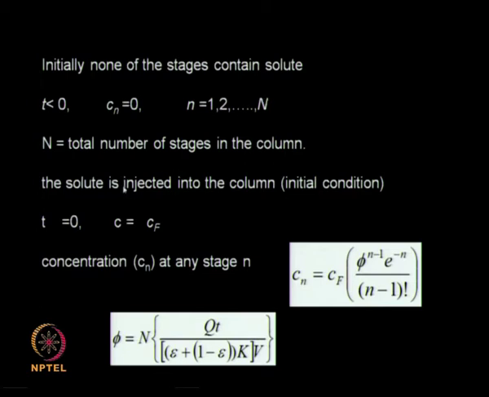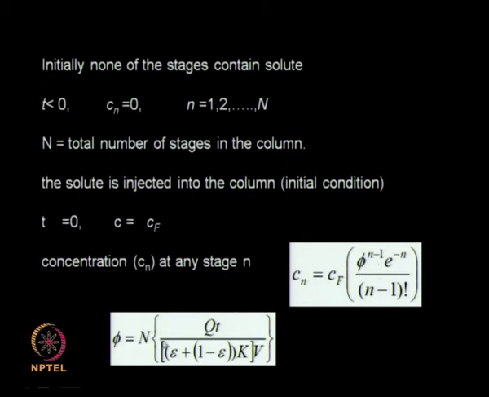Now the solute is injected at time equal to 0, that is C is equal to Cf. That is the initial condition. By using that we can solve the differential difference equation to end up with a relation like this: Cn equal to Cf multiplied by phi raised to the power n minus 1, e raised to minus phi, divided by n minus 1 factorial, okay,